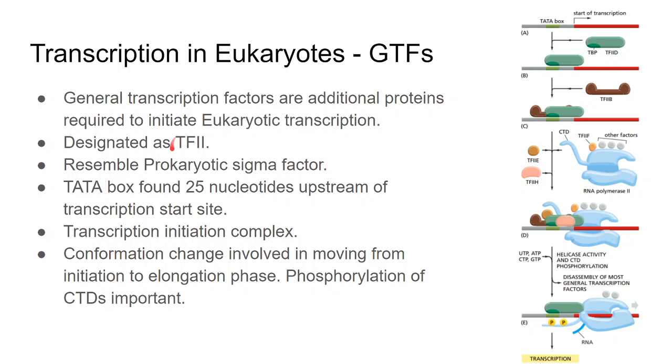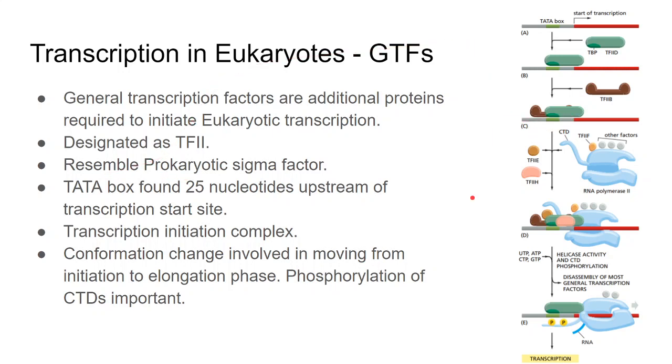These are designated as TFIIs. So TF means transcription factor and II signifies RNA polymerase II. So TFII means transcription factor for RNA polymerase II. And these are TFIIA, TFIIB, TFIIC, TFIID, many transcription factors involved. And that's how they are named. Some of them, I think TFIIH, resembles the sigma factor a lot. So the activity of these transcription factors is very similar to the sigma factor that we've talked about earlier. It recognizes DNA sequences and attracts RNA polymerase to it.